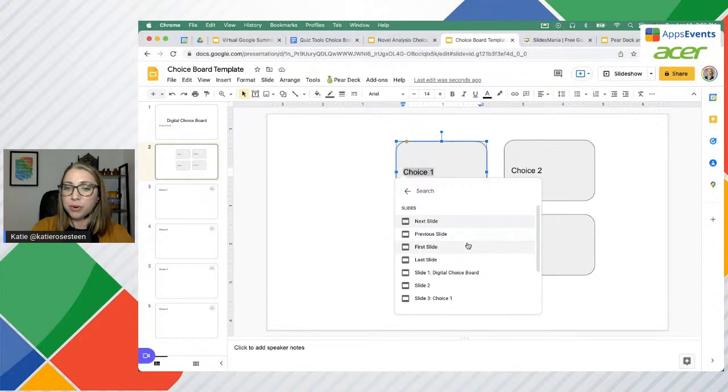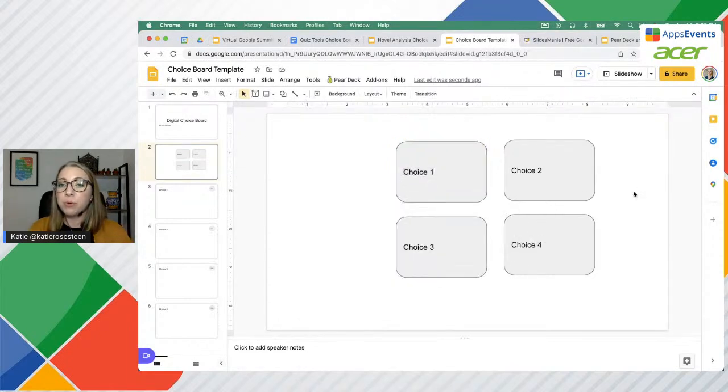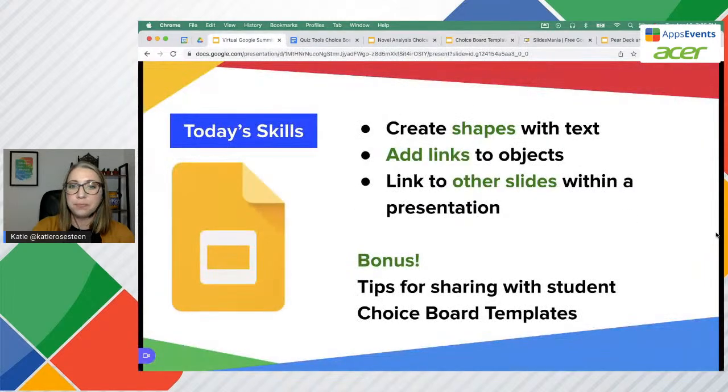Using either a URL or using slides in here to make that work. So that's a really simple way to get a fun twist on a digital choice board and do something a little different with slides. Okay, so the bonus tips that I wanted to share with you are how to share this with your students